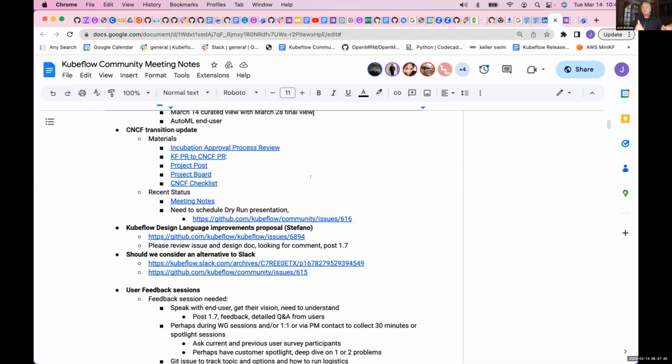I don't know how much you've reviewed these documents, or how closely you've been towards them, but I feel very confident we can make it through the incubation checklist. And I just think we need to give Google a little time to figure out, and we have, how they want to do the transition of the IP. This should all be ready to go, right? And I am pushing that if we have the dry run in the April timeframe, this will tee us up to make sure that this transition works.